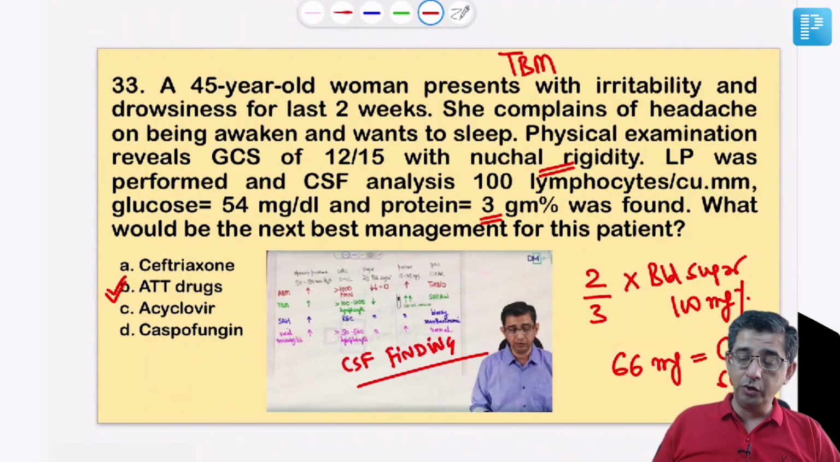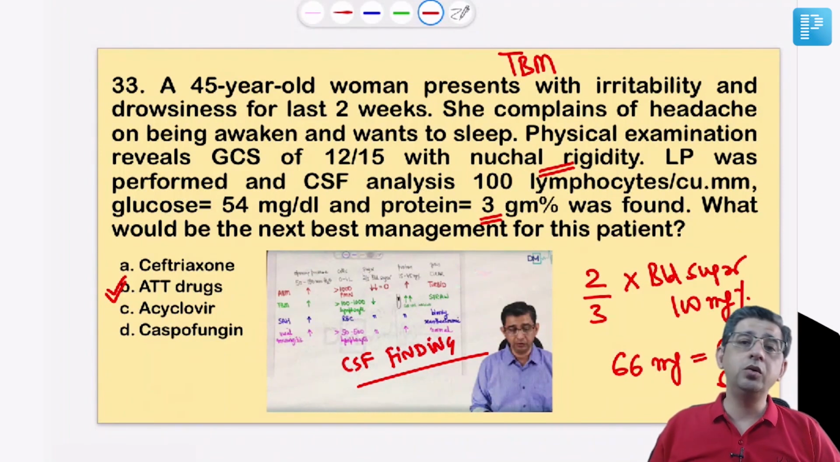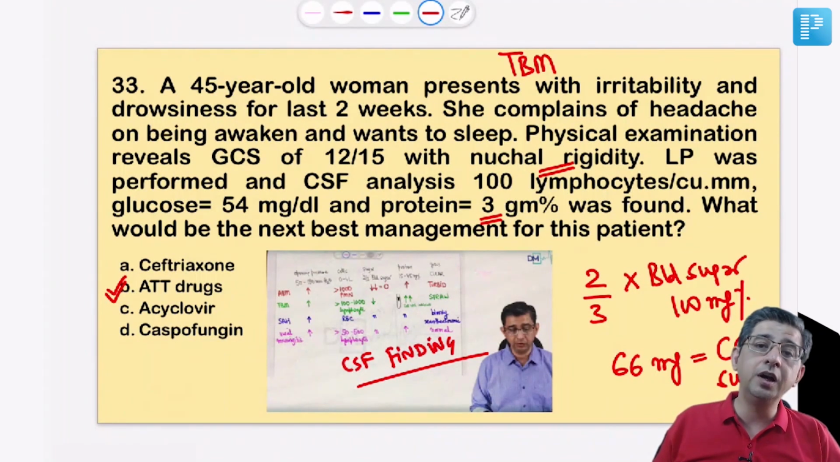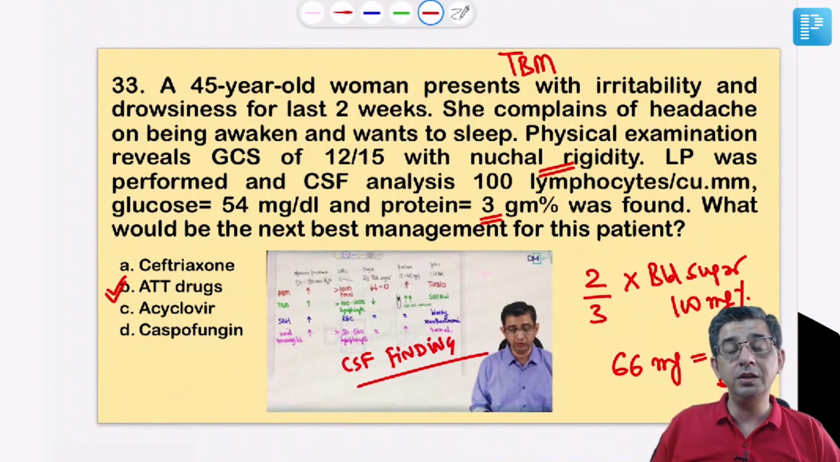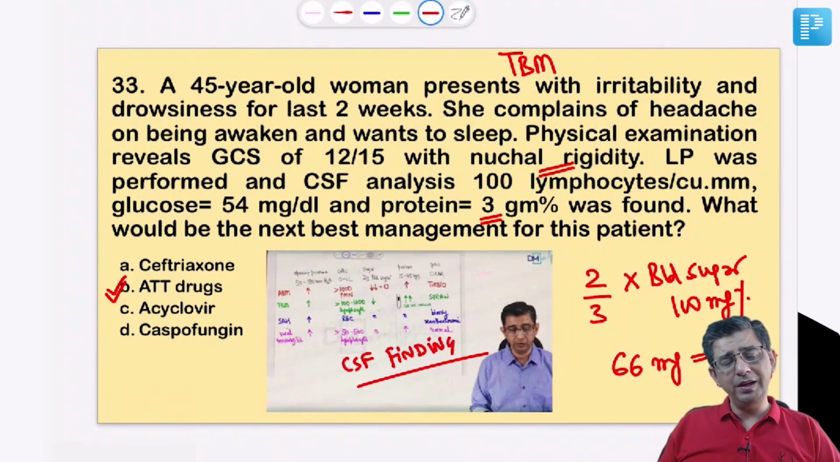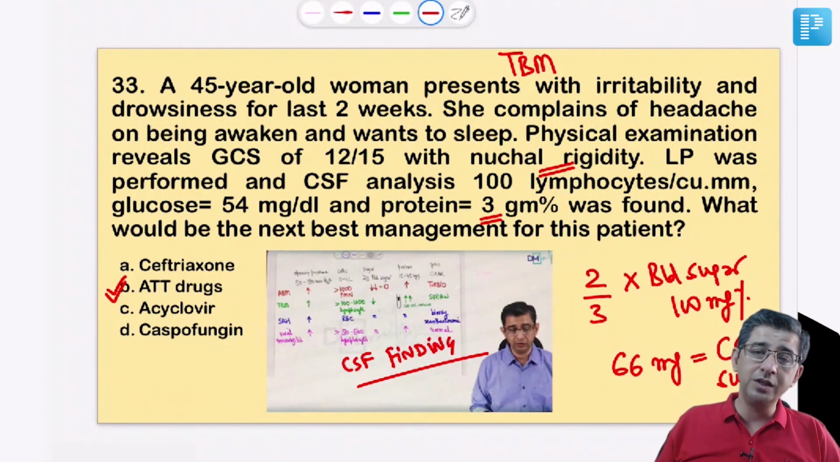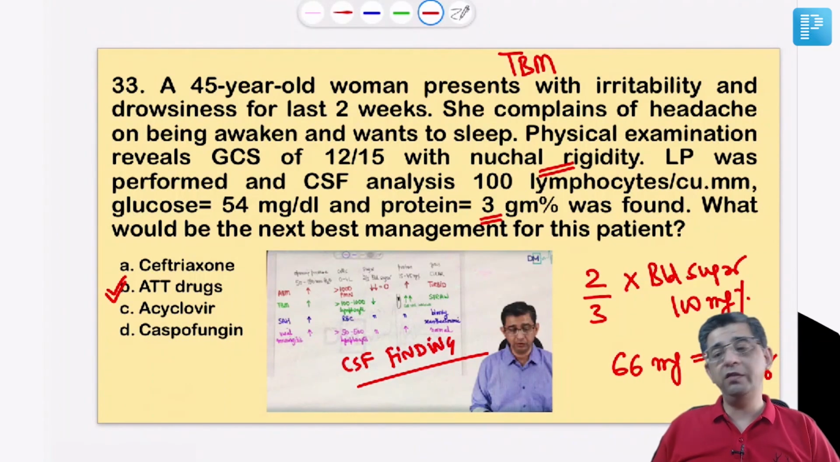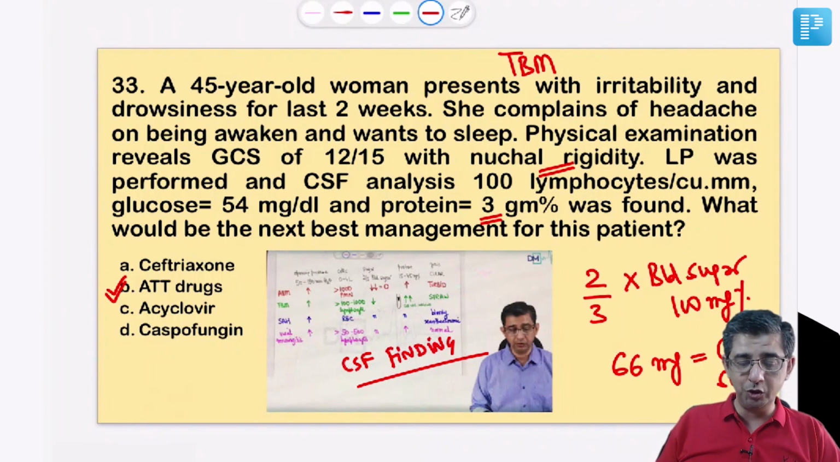If this question had a normal sugar with a mildly elevated protein, I could have thought in terms of the possibility of fungal meningitis. In fungal meningitis, yes, there could be lymphocytes present, but sugar would be normal to slightly low. But then fungal meningitis should be common in immunocompromised patients. In an Indian scenario, whenever you get lymphocytes with a gross elevation of proteins, tubercular etiology is to be considered, which makes us consider tubercular meningitis as the first possibility and ATT drugs to be started